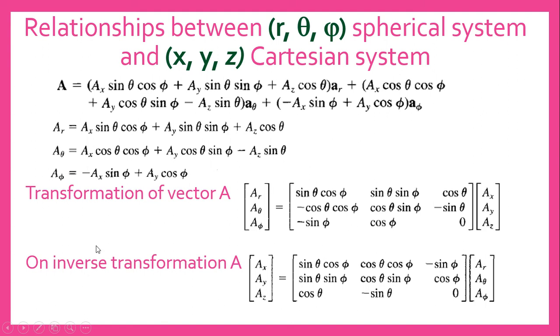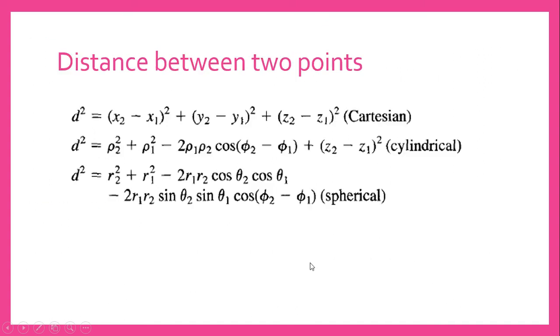With the help of these three components, we can have it written in matrix format. Just to see here, if you multiply these two matrices, you get sin theta cos phi ax, the first one, plus sin theta sin phi ay, plus cos theta az. The matrix manipulation is quite easier than writing a very long equation. It is better to have only one transformation. To find the reverse, the vice versa, you just take the inverse transformation. If you take the inverse transformation, you get this component.